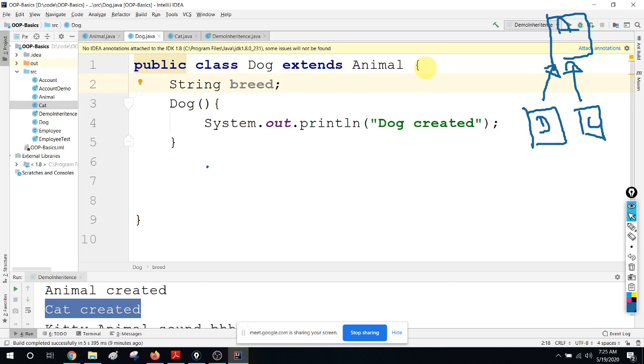breed. So let's say not only the name, my dog has a breed. So that means my subclass has a new feature, right? So now again let's have a new behavior also. Let's say roam, void,